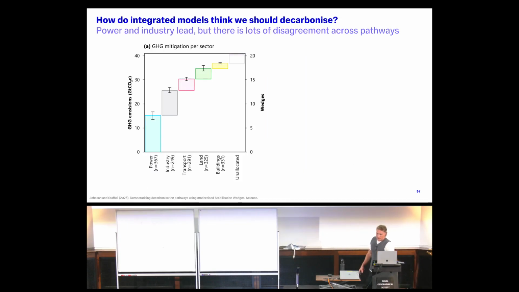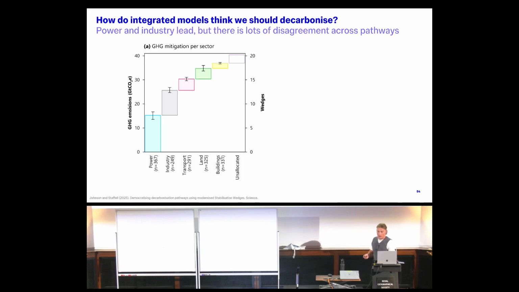This is a summary taken from across 367 different models. And looking firstly at the emissions reduction across broad economic sectors, what we find is that most wedges, shown there on the secondary y-axis, are achieved in the power sector, so that's electricity generation, and industry,